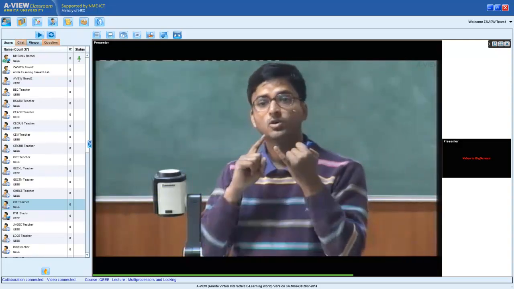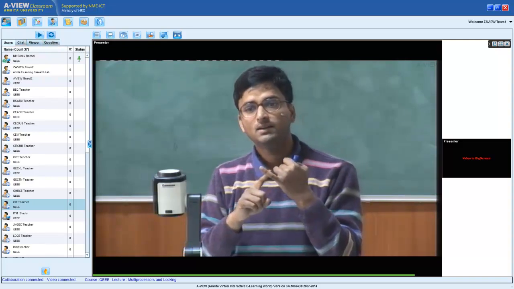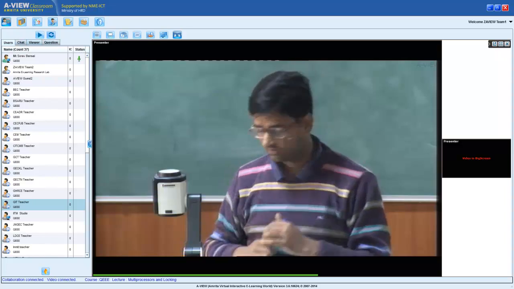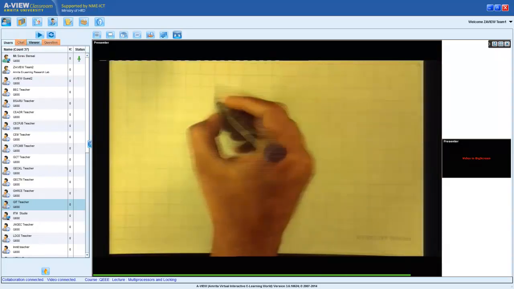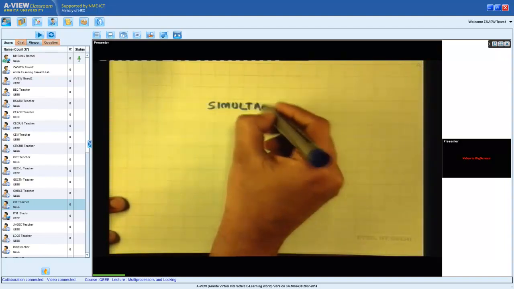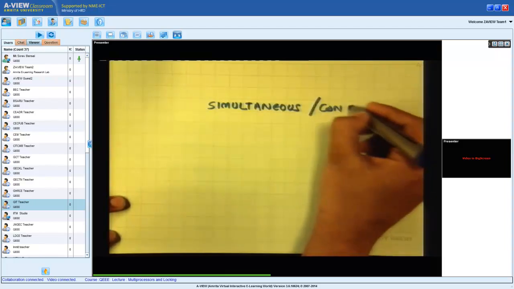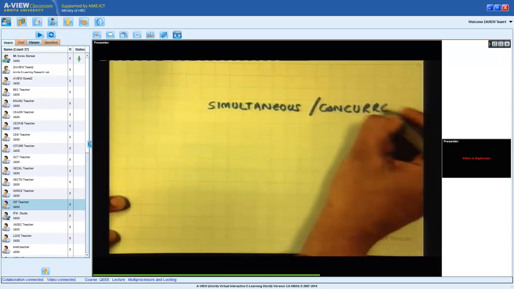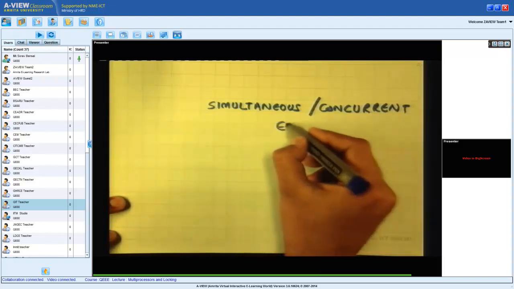So we need concurrent or simultaneous execution, and we need very fast communication. So in all these examples, we had simultaneous, also called concurrent, execution. These are pretty much similar words.